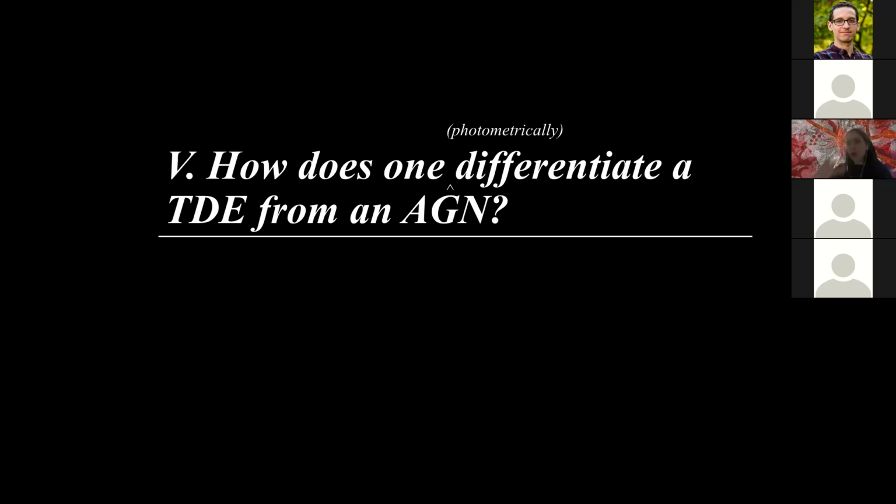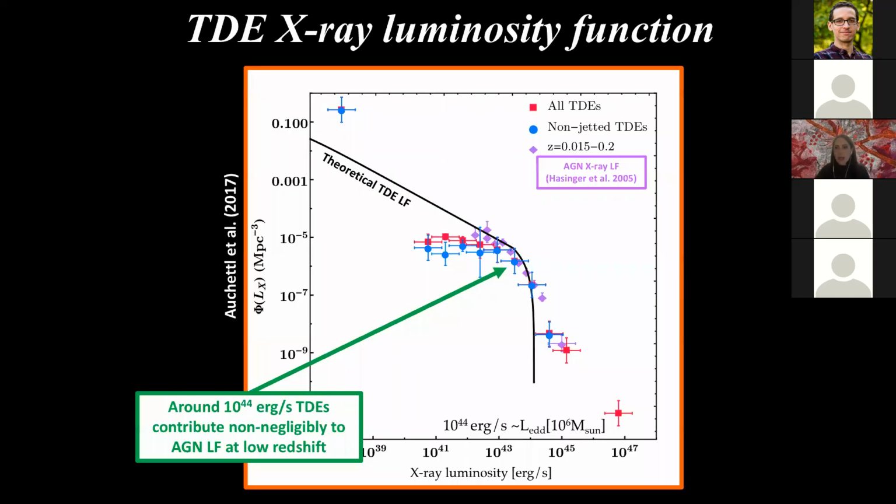How do we confirm that what we're actually seeing is from a TDE, not just some AGN emission? Here I'll specifically talk about photometrically differentiating these. But this is, of course, a big question that we are trying to hunt, and I think it's still not completely clear how we actually differentiate these. But there are some hints. It's been shown by a number of studies that TDEs power low luminosity AGN. As a consequence, we think that TDEs can contribute significantly, for example, to the luminosity function of